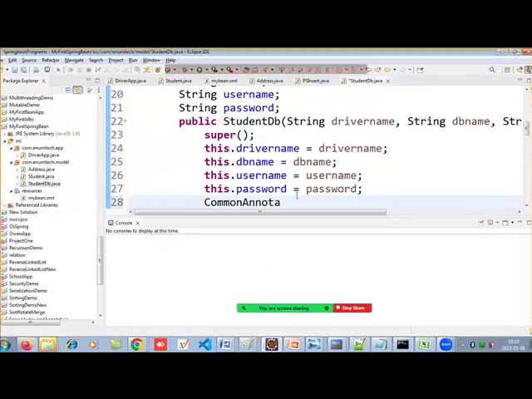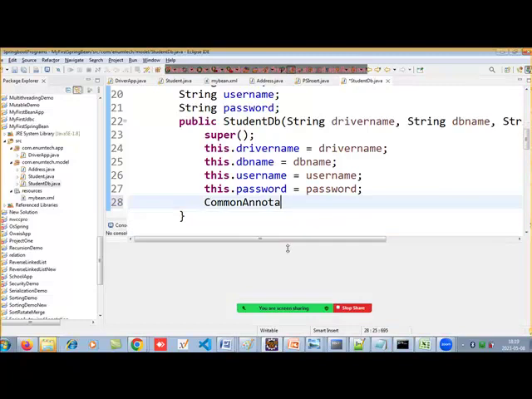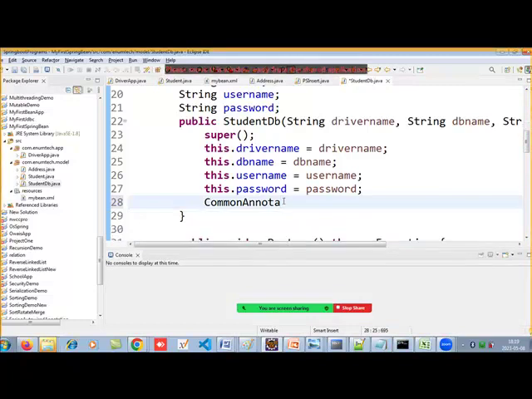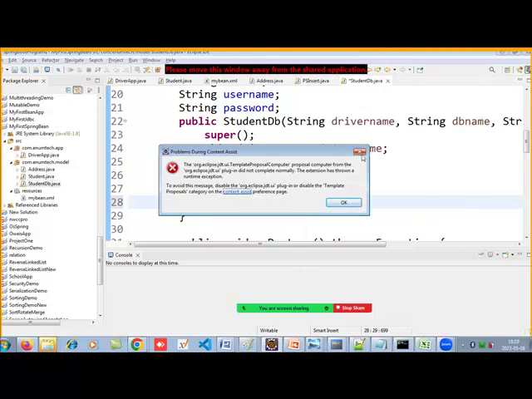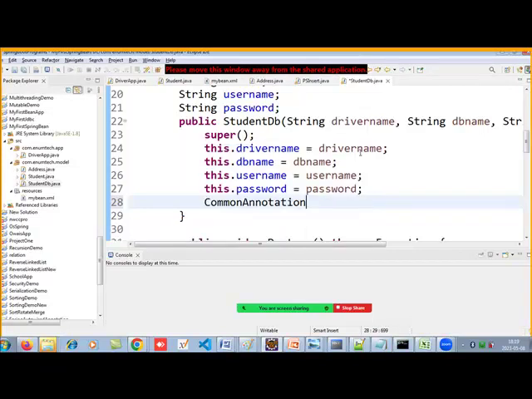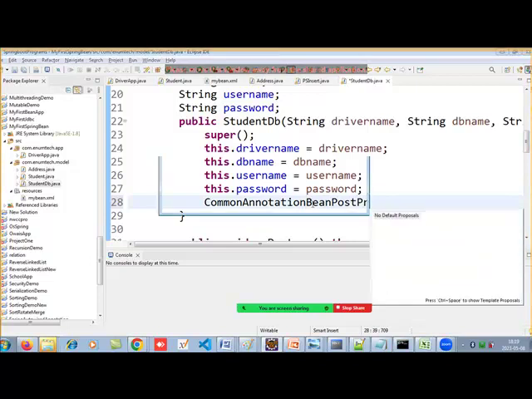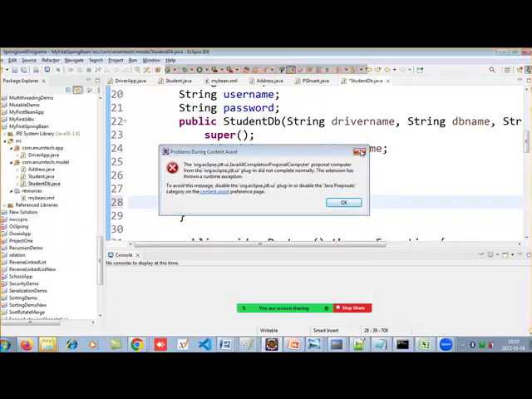Why is it behaving like this? I'm searching for a class name, common annotation. The class name is common annotation bean post processor. Yeah, so when I give this, it gives me the